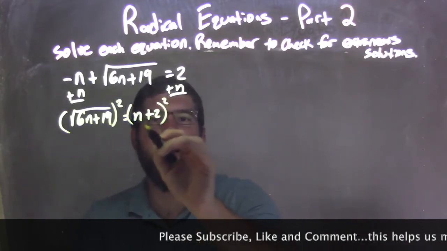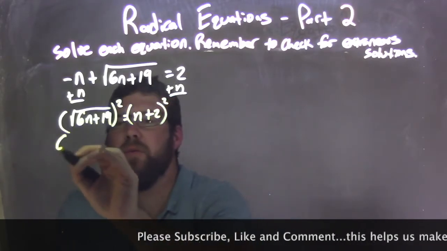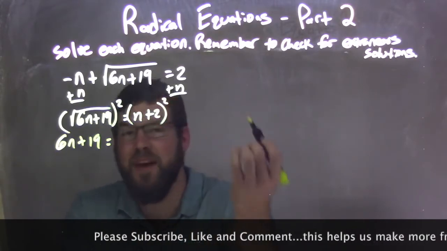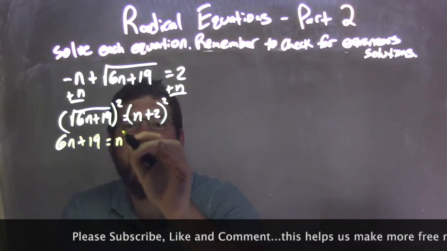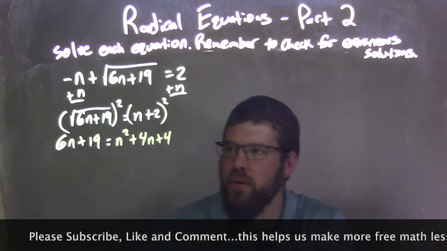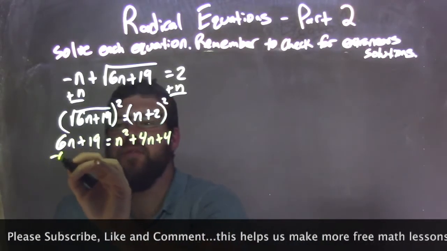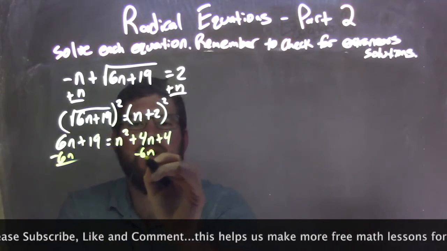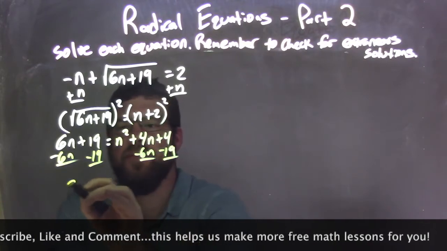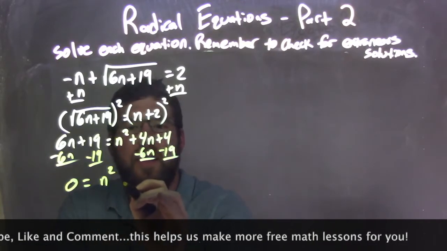Make sure when I square, I also square the n plus 2. Leaving me with 6n plus 19 here equals n plus 2 times n plus 2. Comes out to be n squared plus 4n plus 4. Okay? Now I'm going to subtract everything over. Subtract the 6n to both sides, and subtract 19 to both sides, leaving me with 0 equals n squared minus